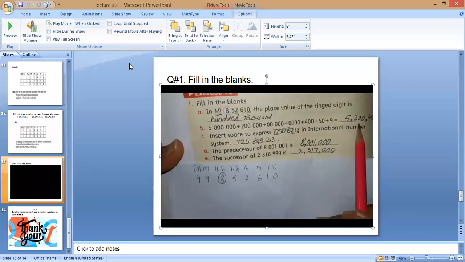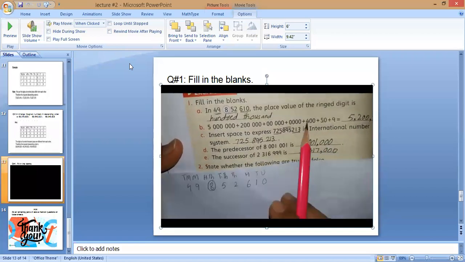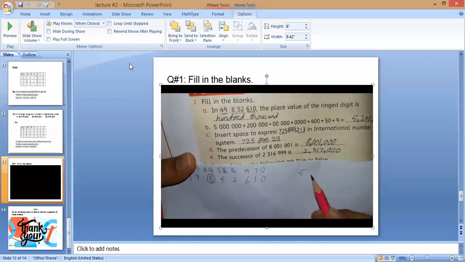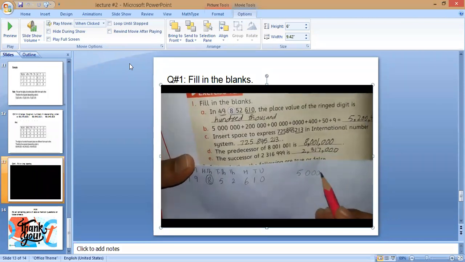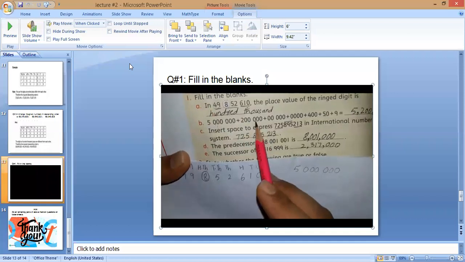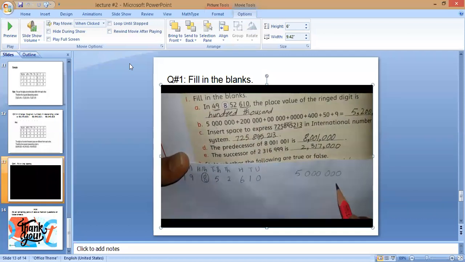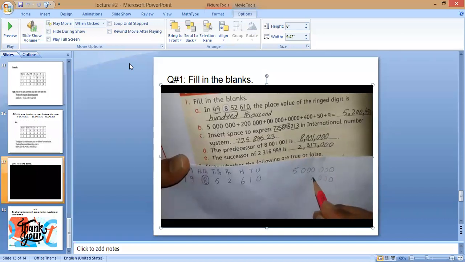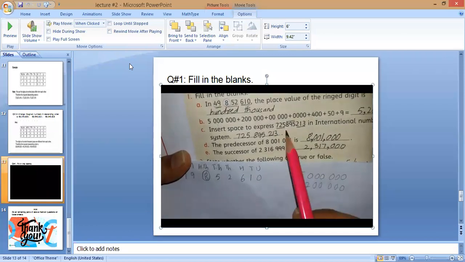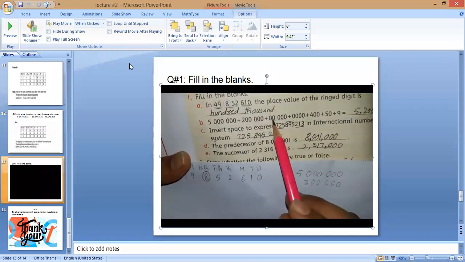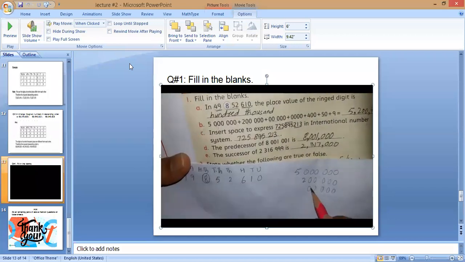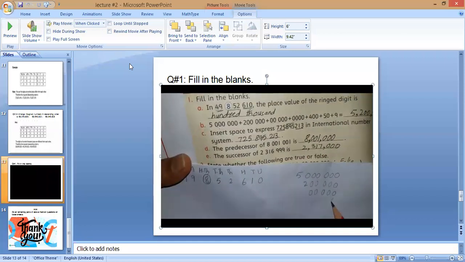The B1 is you have a number which is in expanded form. You write your number, leave the space. Next, you will count the number of zeros. You have 5 zeros, and then 2. You will write the next digit. The next number contains 5 zeros. The next one, 4 zeros.